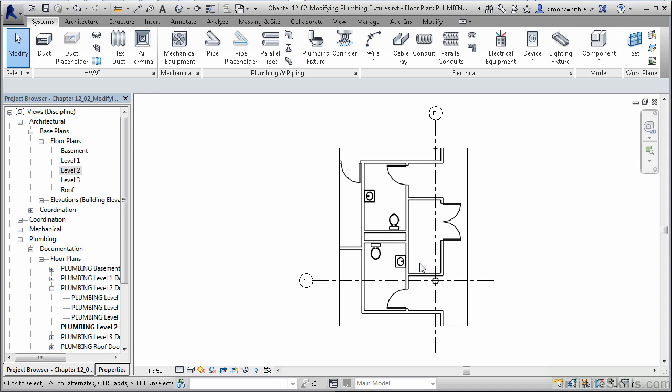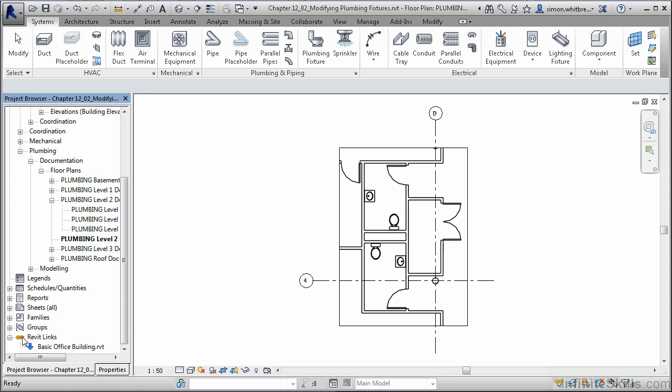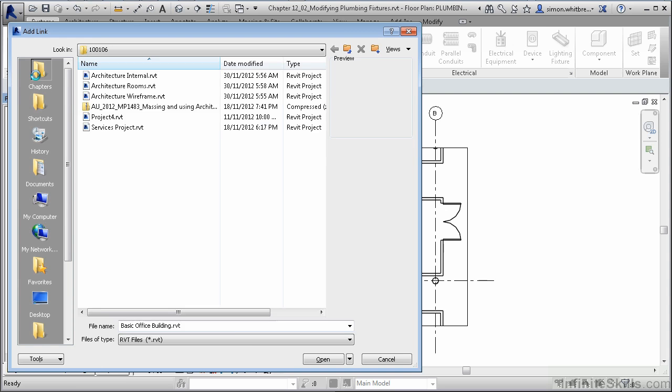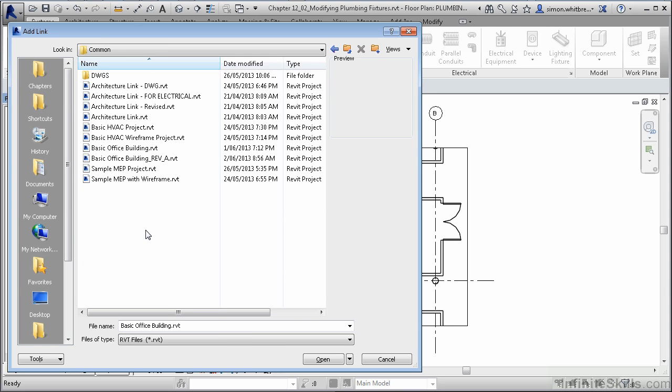For this exercise, browse to your Chapter 12 folder and open the file Chapter 12.02, Modifying Plumbing Fixtures. In the project browser, scroll down until you can see the Revit links at the bottom of the browser. Select the Basic Office Building.rvt and right mouse click. Click on Reload From, and then browse to your Common folder and select the Basic Office Building Rev A and